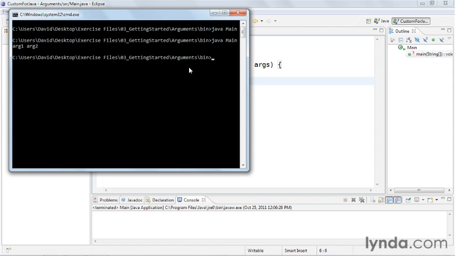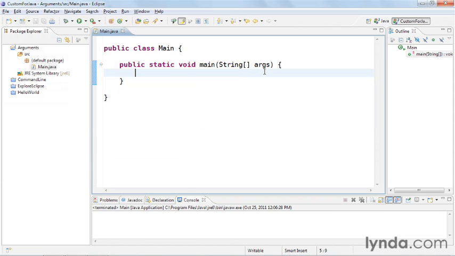Again, there's no output, but let's add some code to the application to detect and report the arguments. I'll go back to the main method. The args variable is an array, and in Java, every array has a property called length, which returns a numeric value indicating how many items there are in the array. So I'm going to add a little bit of output that looks like this: